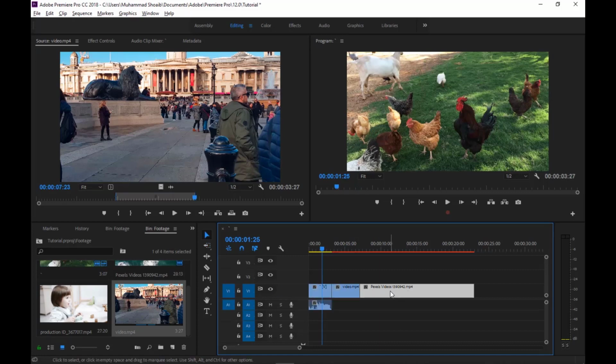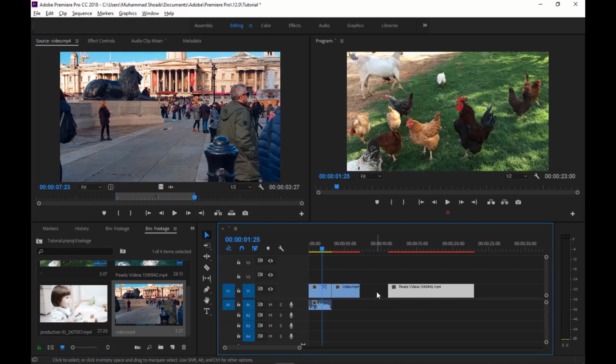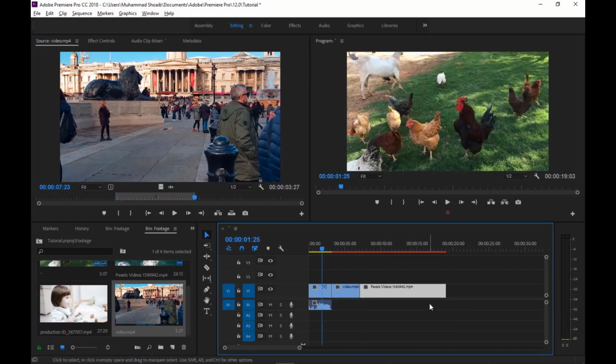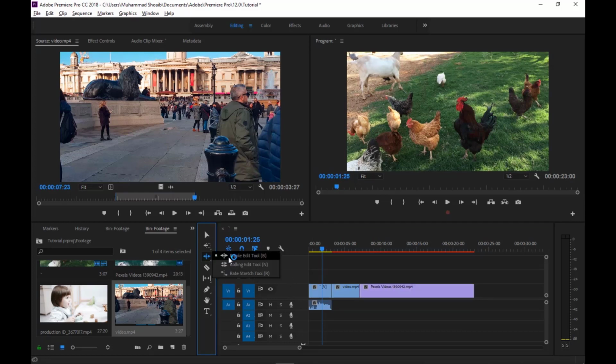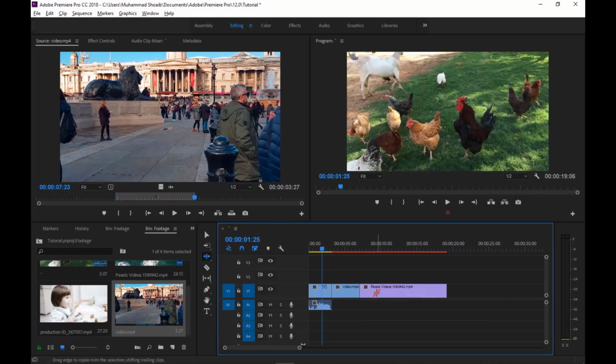Let's say if we want to trim this clip, so let's move it here. As you can see, we have this space left over after trimming this clip, so either we can just move this over here, or we have another way we can do it. So let me undo this, and we can do the same with the help of ripple edit tool. So we just drag it over here. As you can see, it automatically fills up the space.